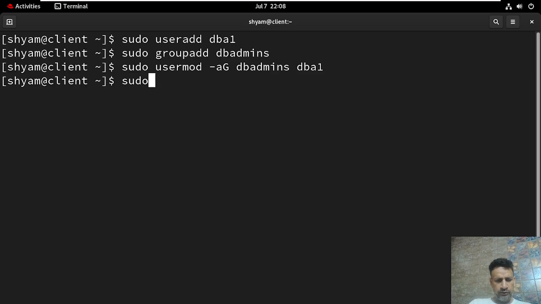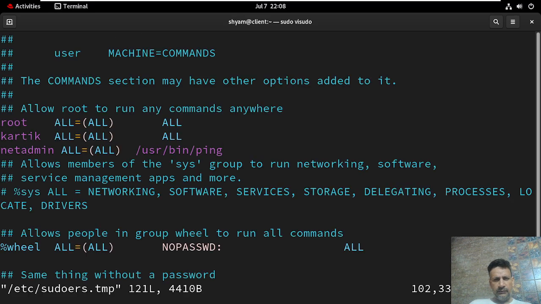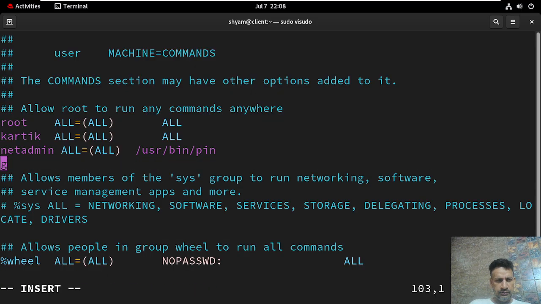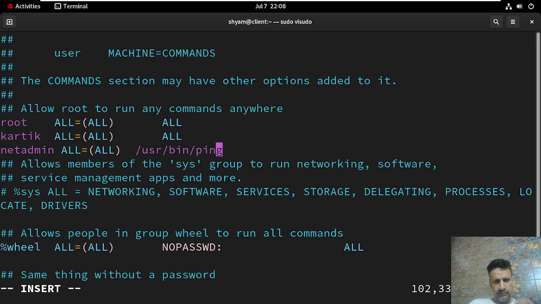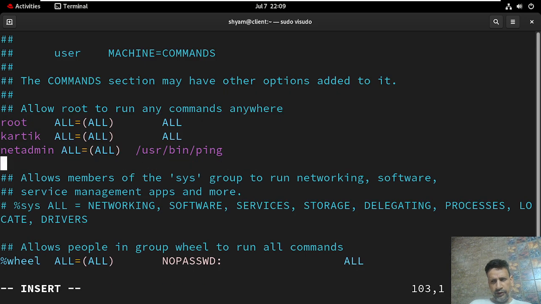So sudo visudo, and now you have to write the command here with a percentage sign, because this is a group, right? So you need to add percentage, so percentage DBA admins